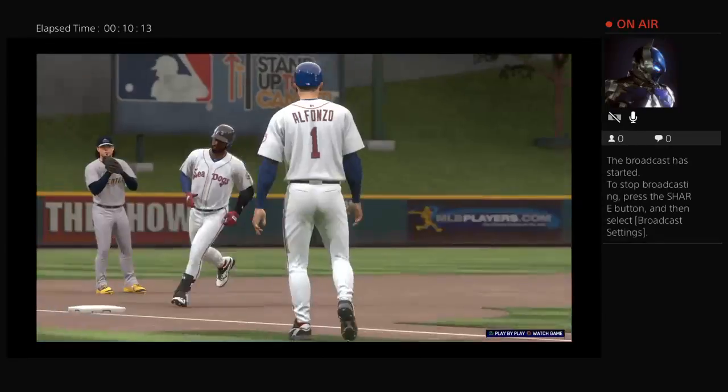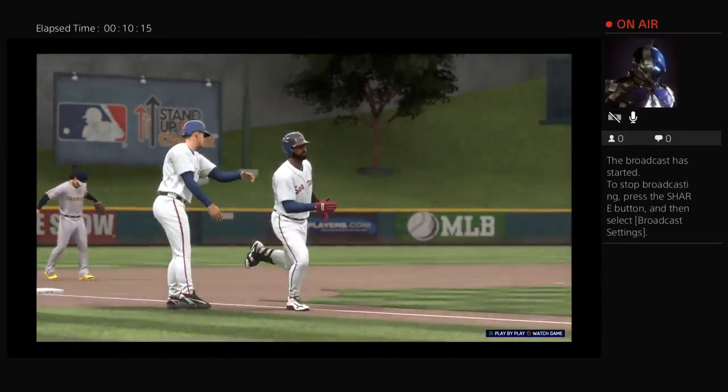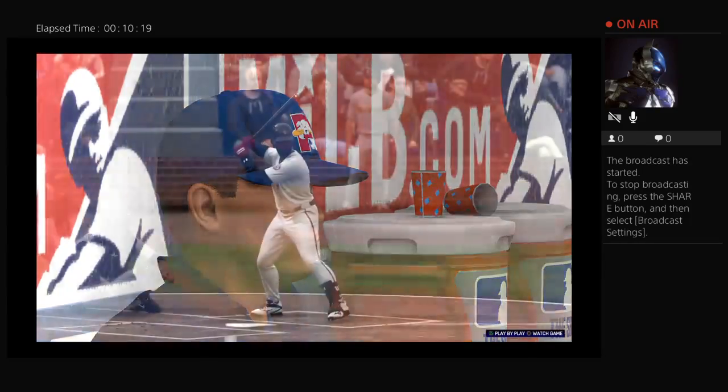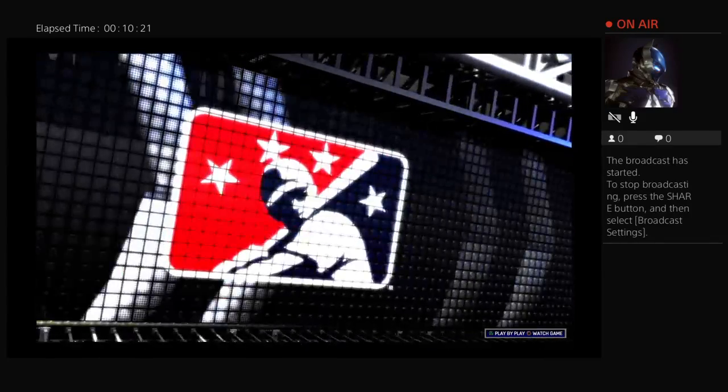A solo shot here to straightaway right field. Number 25 for him on the year. As they get on the board first, it's 1-0. Yeah, we always talk about how...